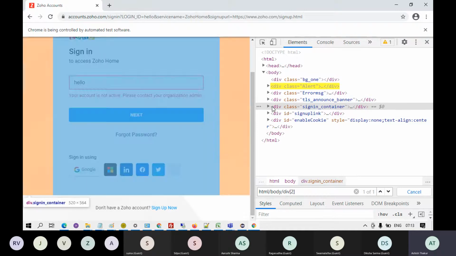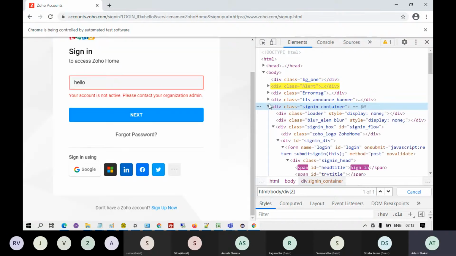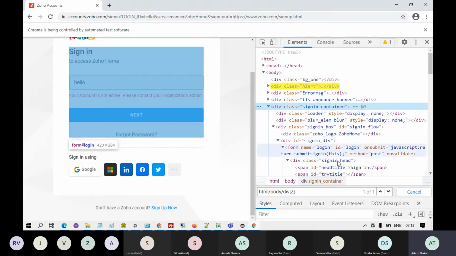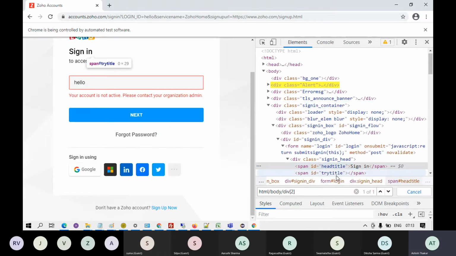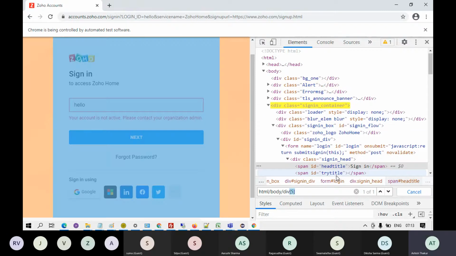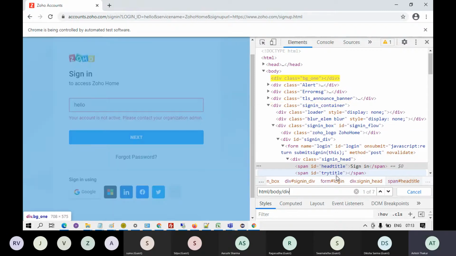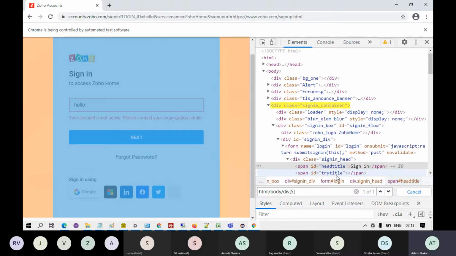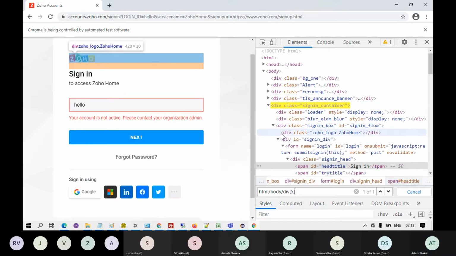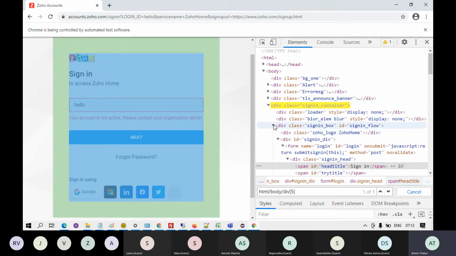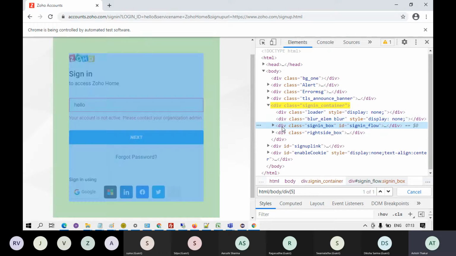If I want to go inside this one, which is the fifth one, okay, because the fifth one is holding the sign in link, I will have to write div 5. Don't write any division number, it will represent all the divisions. Okay, so we reach the fifth division. Then in the fifth division again, you have got 4 parallel divisions.